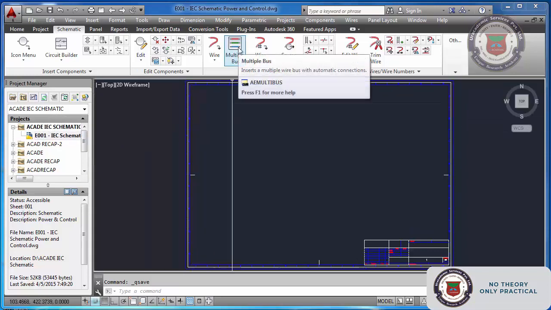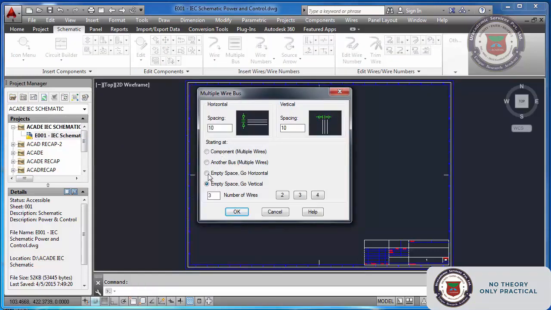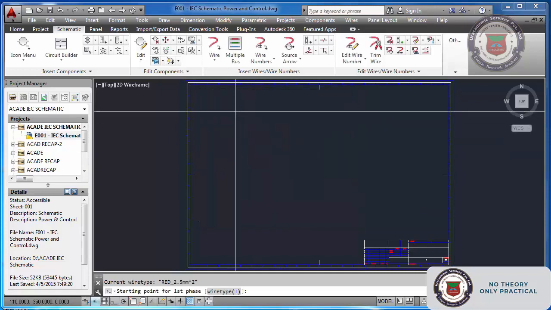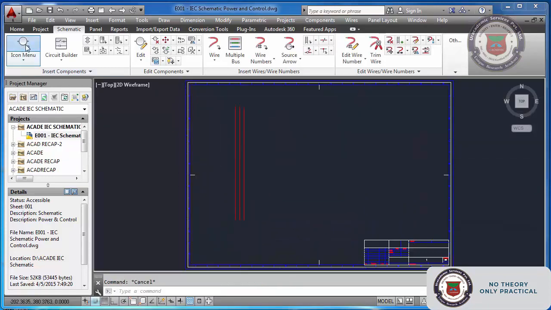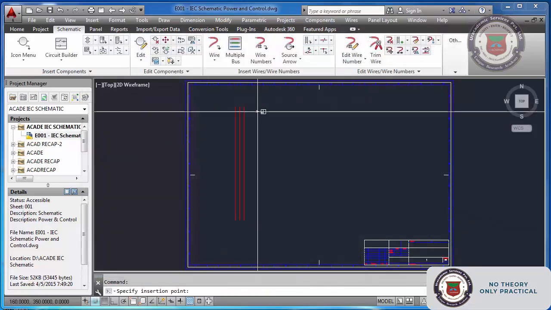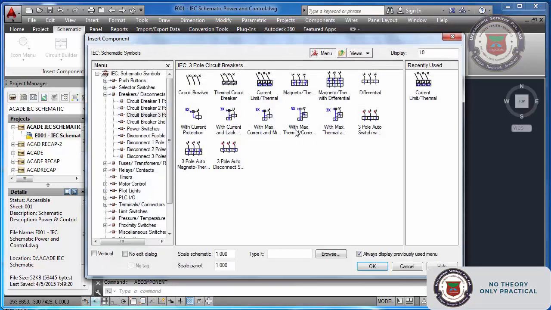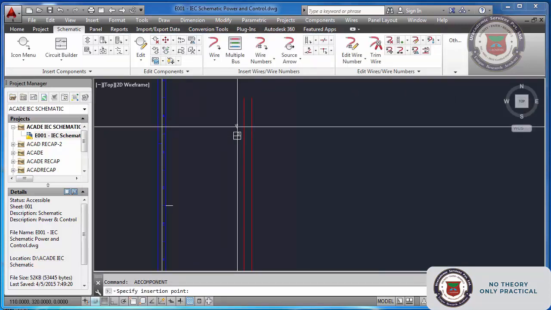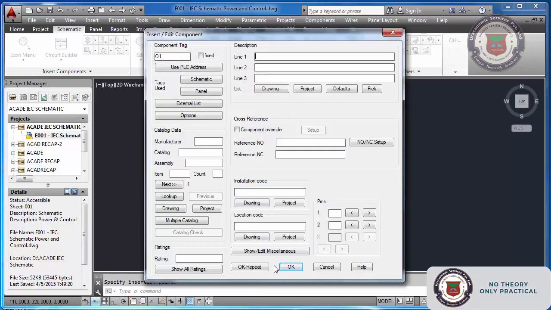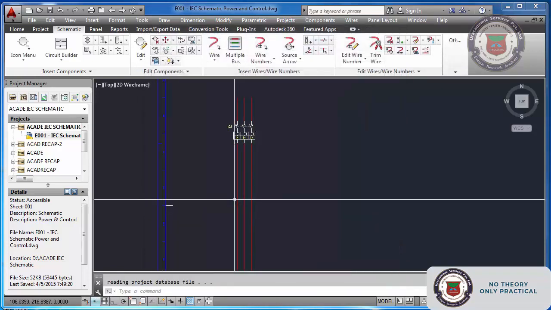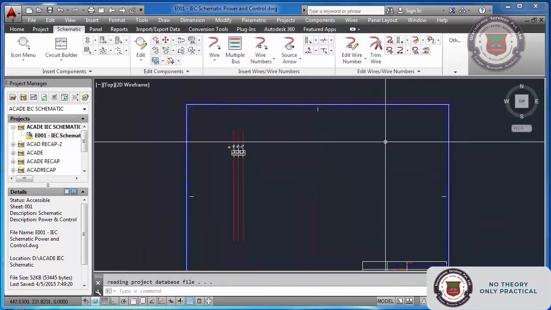So first of all, let me draw three-phase power. Here I am going to insert a circuit breaker. So normally in IEC standard, the flow should be from top to bottom. While making JEC drawings, you should have noticed that the flow is from left to right, horizontally.